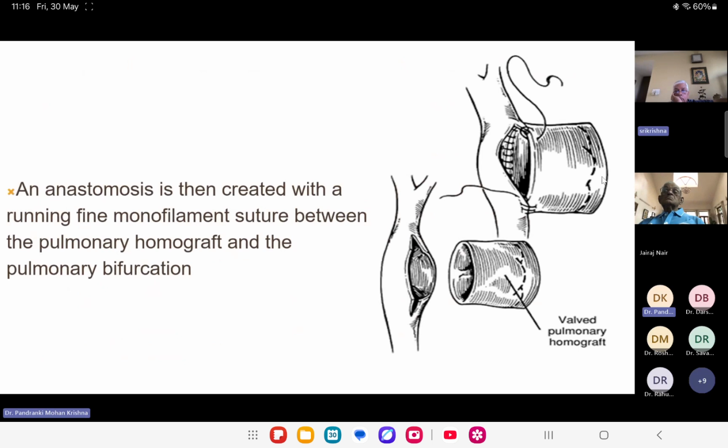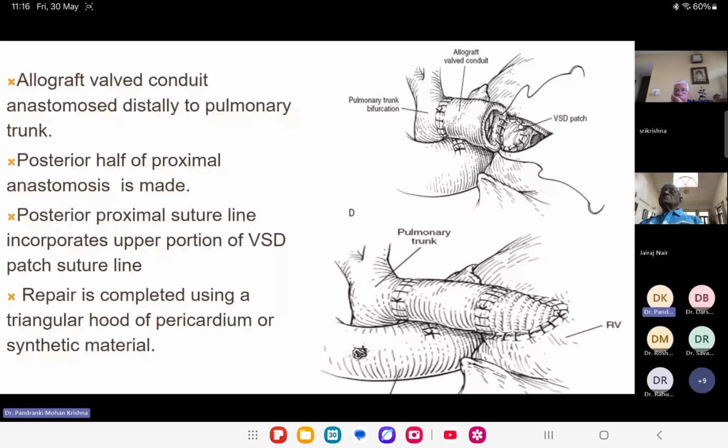Here we can see this is how we have to match the sizes of the conduit with the pulmonary arteries cuff. So we have to extend into the RPA side and then if needed more into the LPA side also, to make the size discrepancy match the size of the conduit. And then the allograft conduit anastomosis distal to the pulmonary trunk. The posterior half of the proximal anastomosis is made like this. And then anteriorly, the hood is made with a prosthetic patch